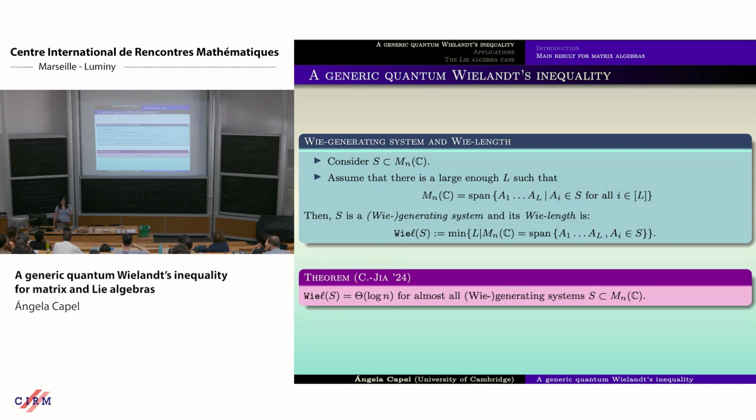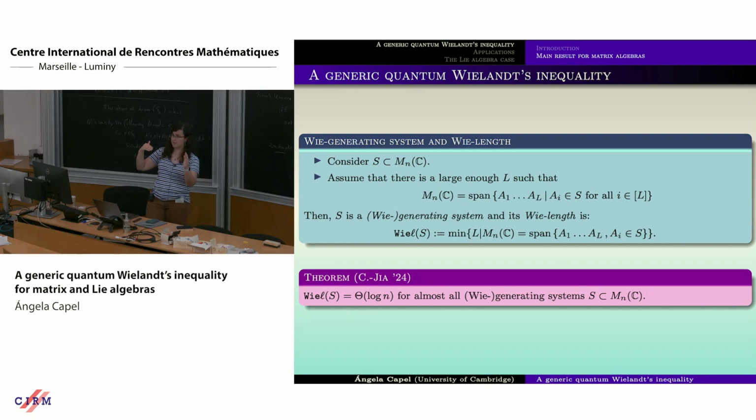So here there are two subtleties. First of all, when you take a collection of matrices, we are going to see that with probability 1, they are actually a V-generating system. And then secondly, we are going to see that with probability 1, you can stop at length log of n. And of course, if you can stop at length log of n for taking all the matrices of the same length, then this immediately implies the other result, the result for all the words until that length, because there you would only be adding more possible dimensions in the space that you're generating. So essentially, you already know that you have saturated. Okay, so this is the main result.